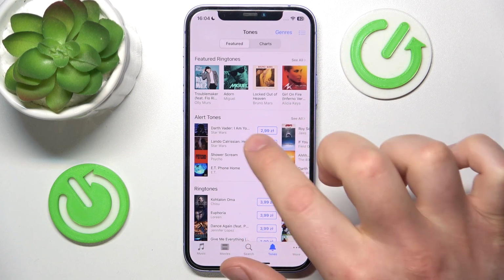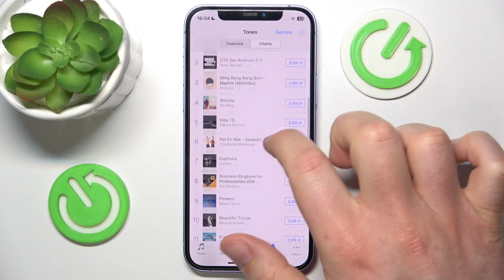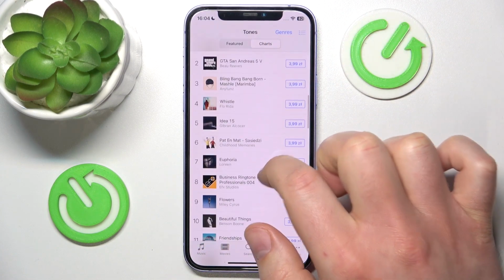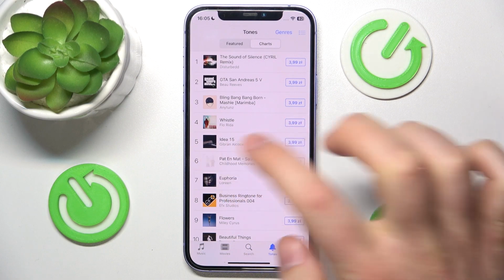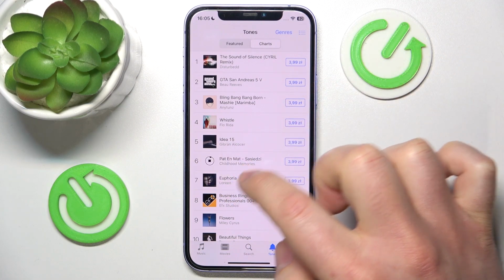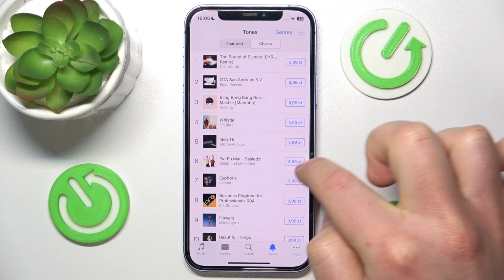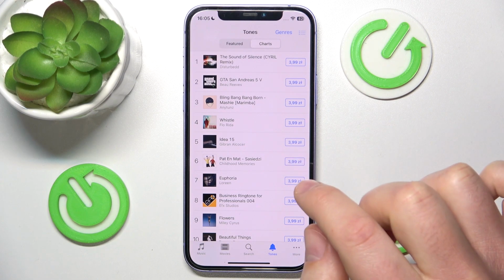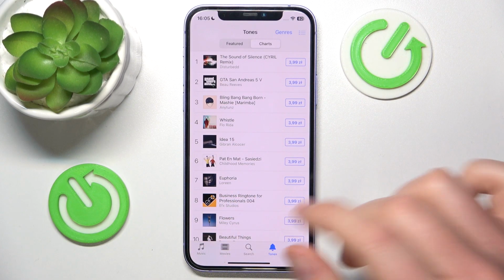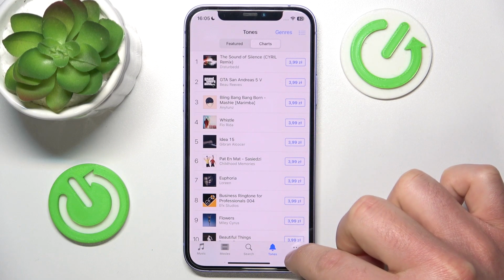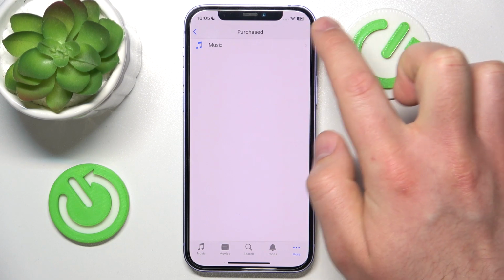tones. I'm in Poland right now, so this is a Polish zloty value, so don't be bothered by that. And here in the charts you can search for the tones. For example, Pat and Matt. If you click on that, you're going to hear the music of the tone, and if you want to buy it, you just click on the price, and once you've done that, you're going to get to the whole verification process, the payment process, and after all, you can click More, and under Purchased in the iTunes Store you are going to find